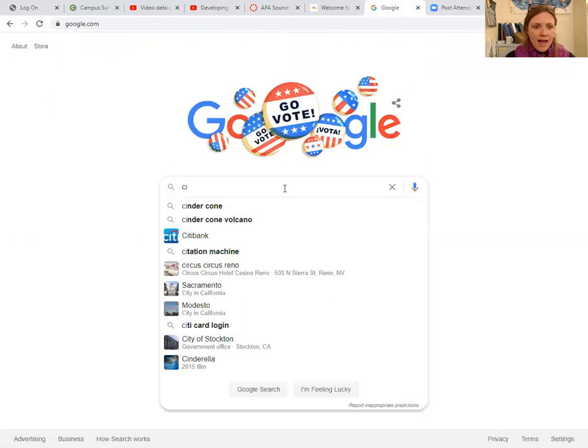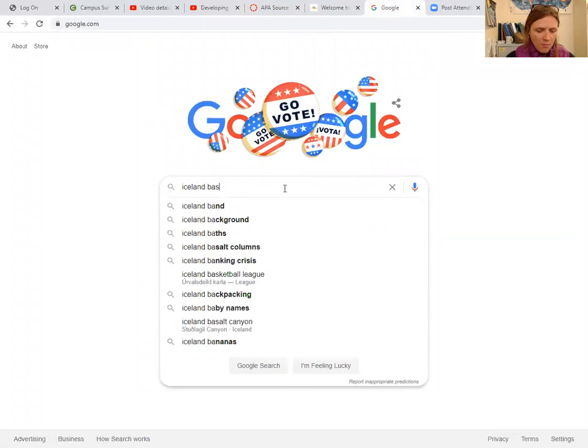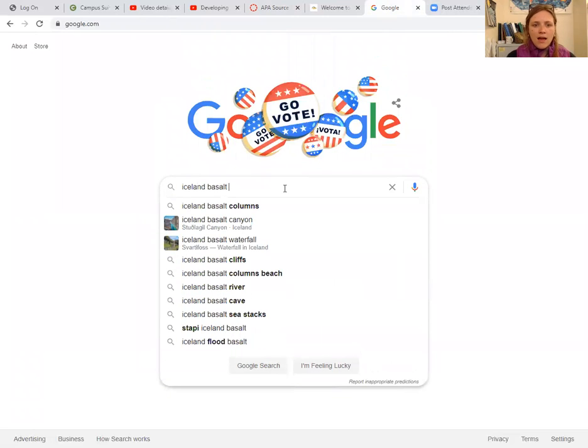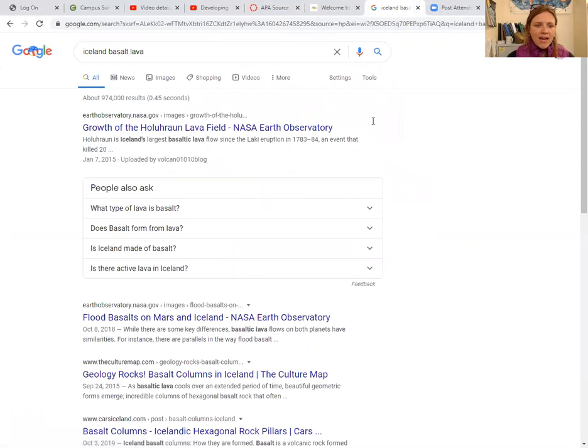So like Iceland, you might write in basalt, you might write in lava, and you can look for that and kind of come through and look for different kinds of sources that might have interesting